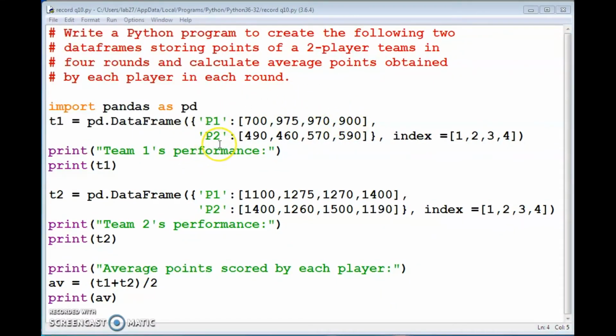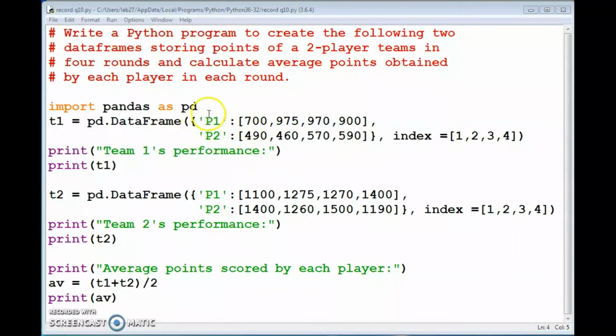Then for P2, first round point 490, second round 460, third round 570, fourth round 590. Index is equal to 1, 2, 3, 4. Index means row labels. Then print team 1's performance.